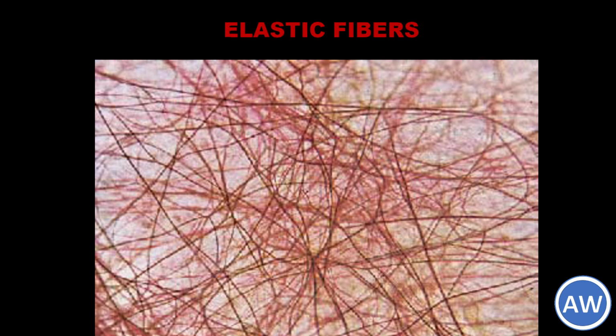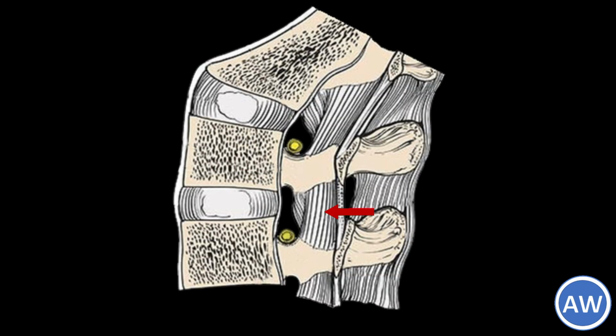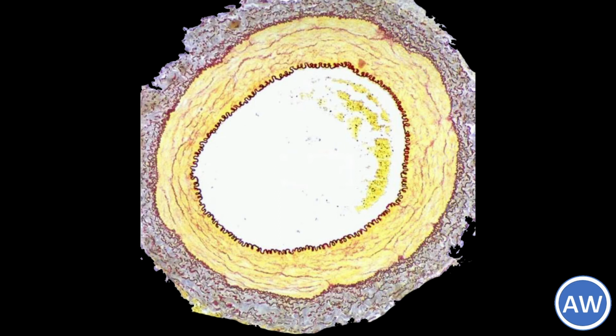Another type of fibers found in the connective tissues is the elastic fibers. These fibers run singly, never in bundles. They branch and anastomose with other fibers. The elastic fibers are thinner than the collagen fibers. In some situations, the elastic fibers are thick, like in the ligamentum flava. Again, in some situations, they form fenestrated membranes, like in the walls of the large arteries, where they are found as the internal and the external elastic lamina.